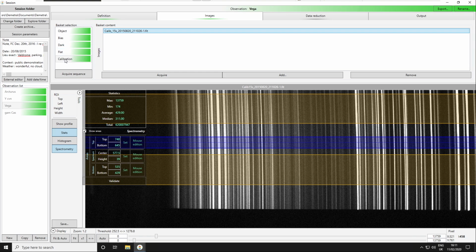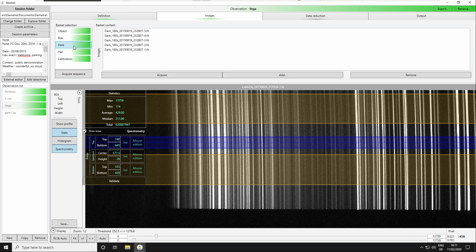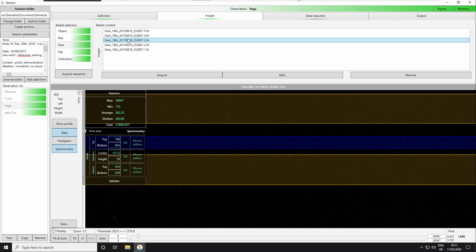Okay, so I've finished with all the images except for the dark. So now a few seconds about the dark. A dark image is, as we said, a black image. Again, we put a mask or a cap on top of the telescope, so there is no light coming from the stars.